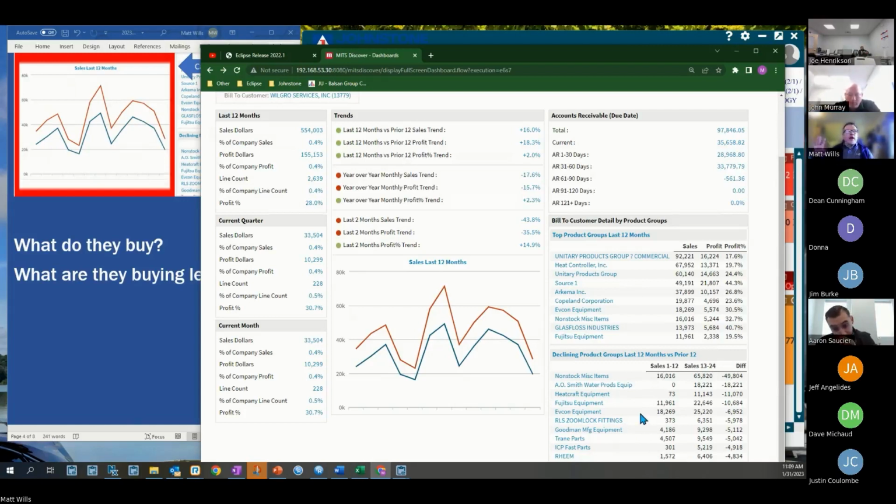We already showed that overall we've grown with this customer, but we can see that we've dropped off with Fujitsu equipment. In the past 1 to 12 months, the past year, we've sold 11,961 to them. But in the year prior, 13 to 24 months ago, we sold 22,646, which means our sales for that product line have gone down